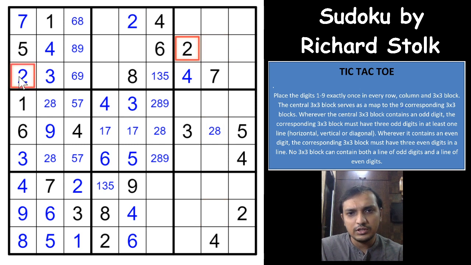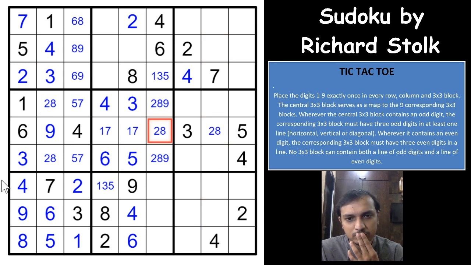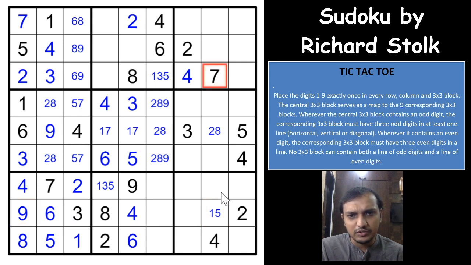So 2 here and here. Okay, we have placed all the 2's, I think. Now we need to place 2's in the middle 3 boxes. Okay. Oh, if you see this cell 2 4 8 and 6, so this would have to be odd digit, which can only be 1 3 5. That's excellent. So why is this helpful? Because 1 and 5, not even 3. So 9 3 and 7, 1 and 5.